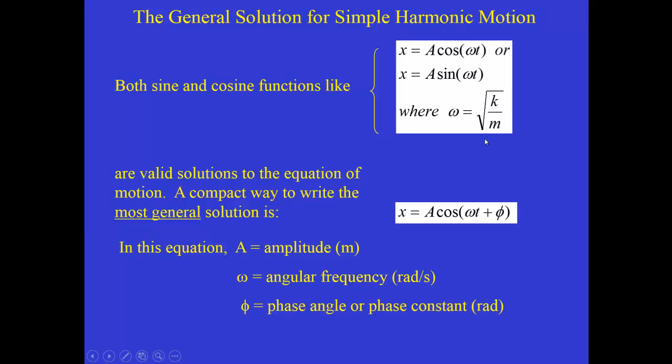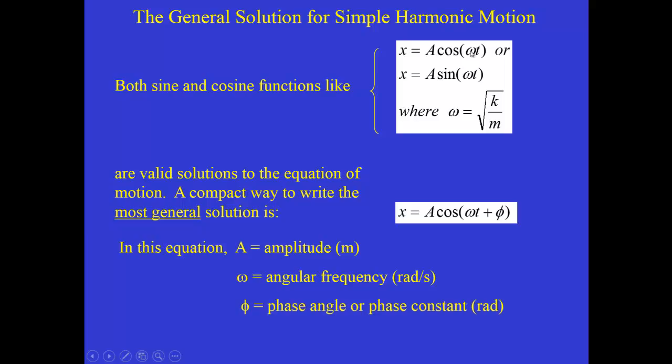Now, a few definitions about these terms. The A that is in here is the maximum value that the position can have, and as such we call that value the amplitude. It's a length if x is a position. And then omega, since omega times t has to be a unit that has dimensions of radians, then omega is